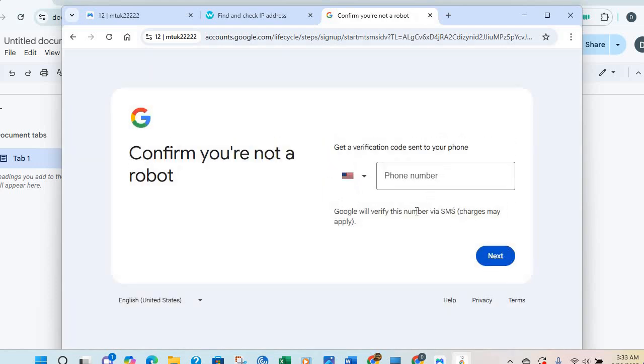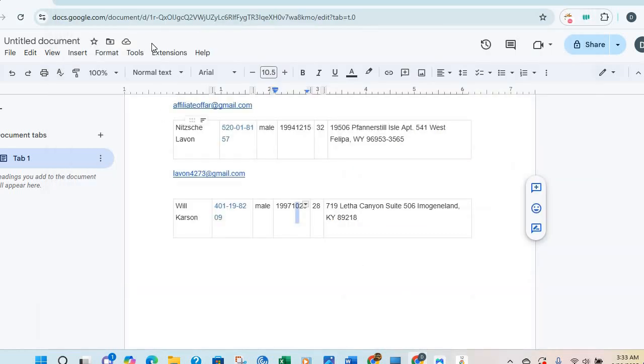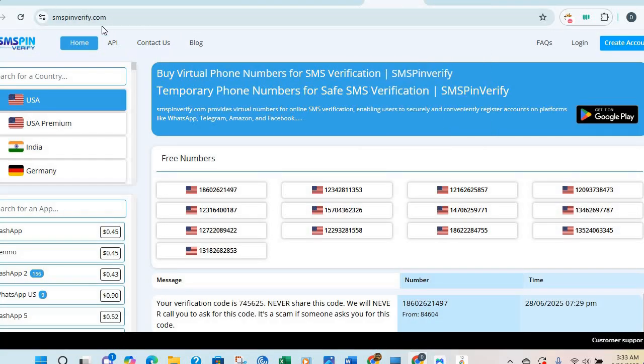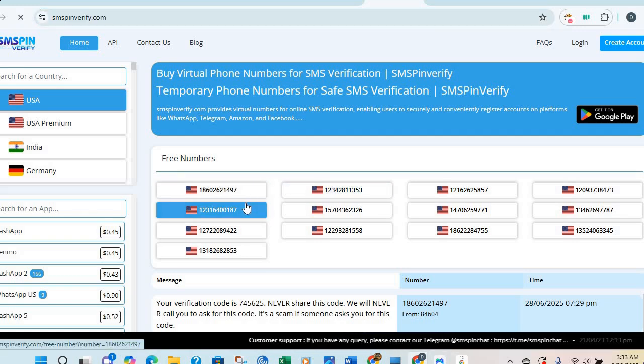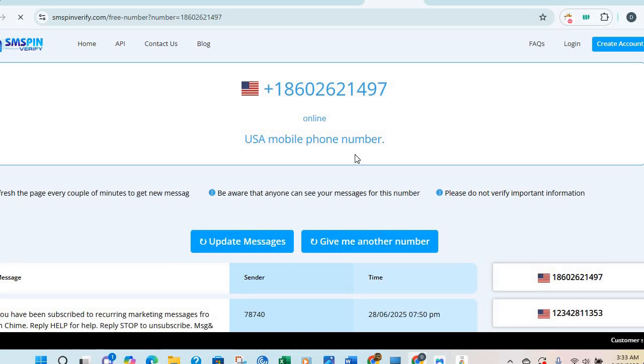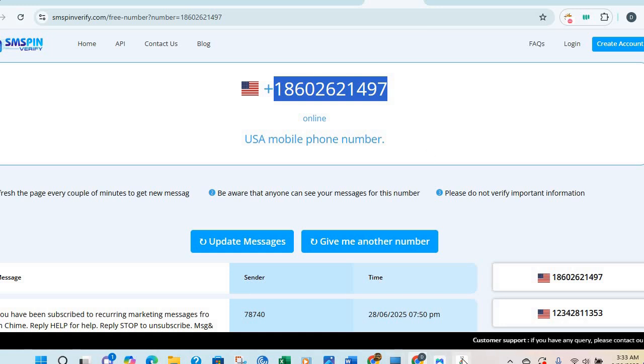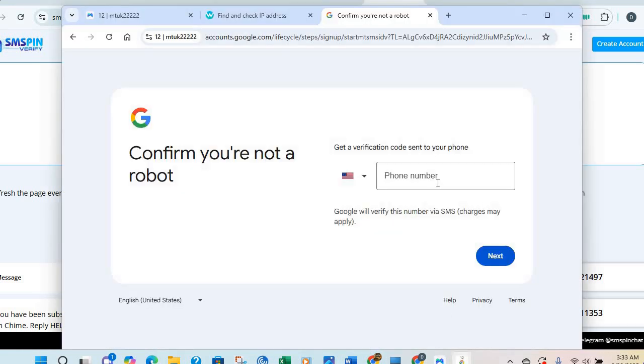Now the next thing we need is a phone number. For phone number verification, you can try your luck on this free platform. It's called SMS pin verify, this one.com. You can come here and take one of these numbers. You can be lucky, so let's just try this. The first one, just click on it and let's copy it. Let's paste it and let's try it out. It will work. Now click on next,